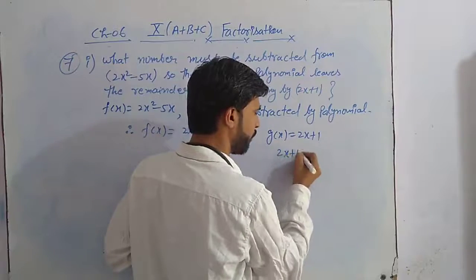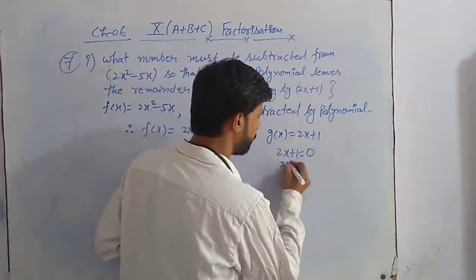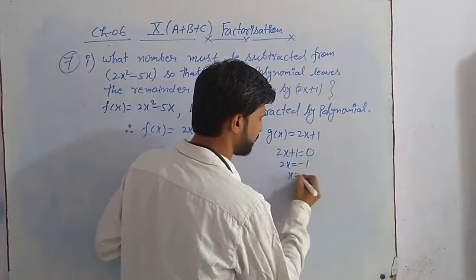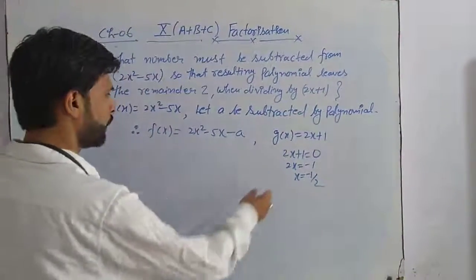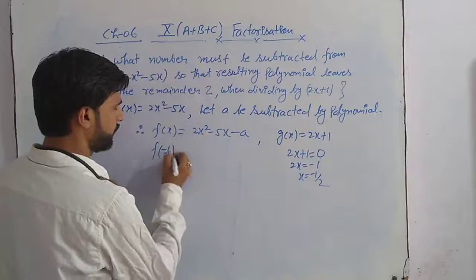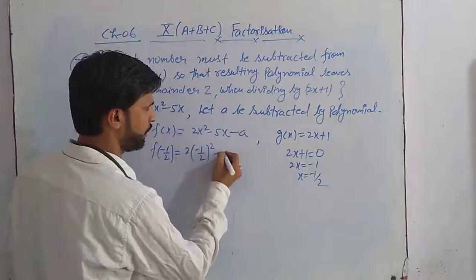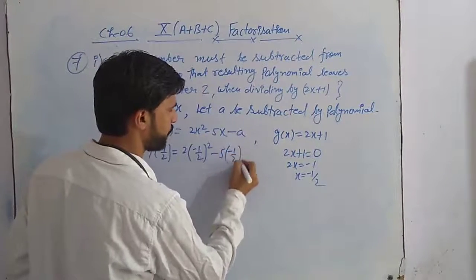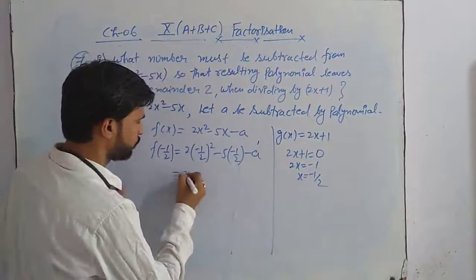Equating 2x plus 1 to 0, we get 2x is equal to minus 1 and x is equal to minus 1 by 2. Now substituting the value of x in this equation, we get